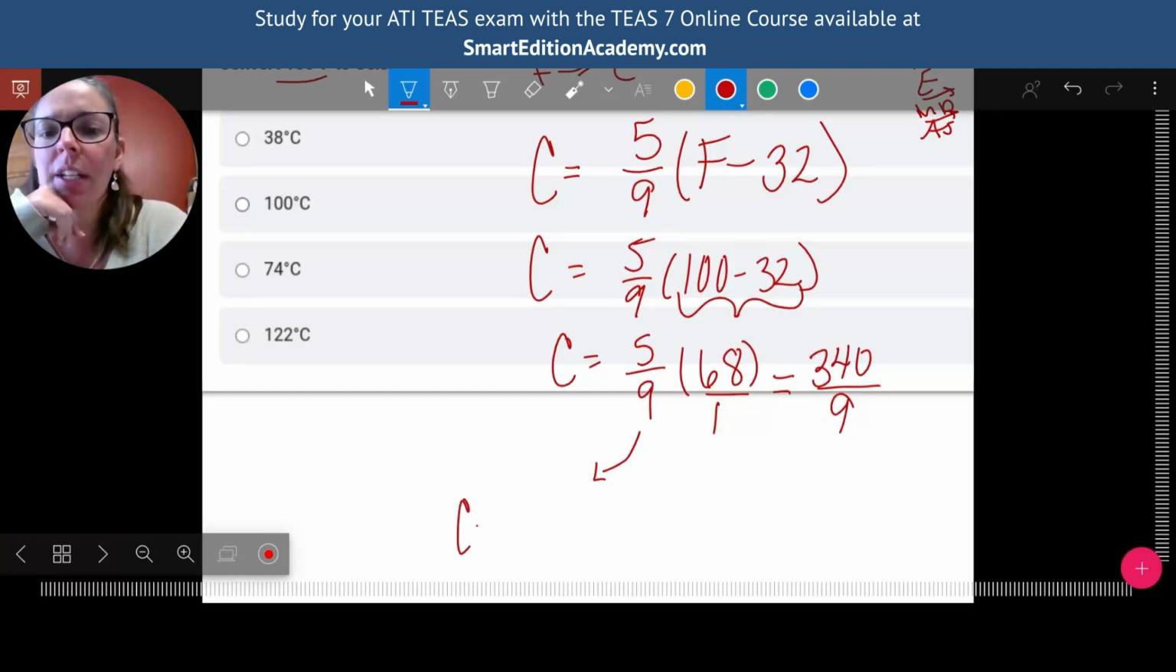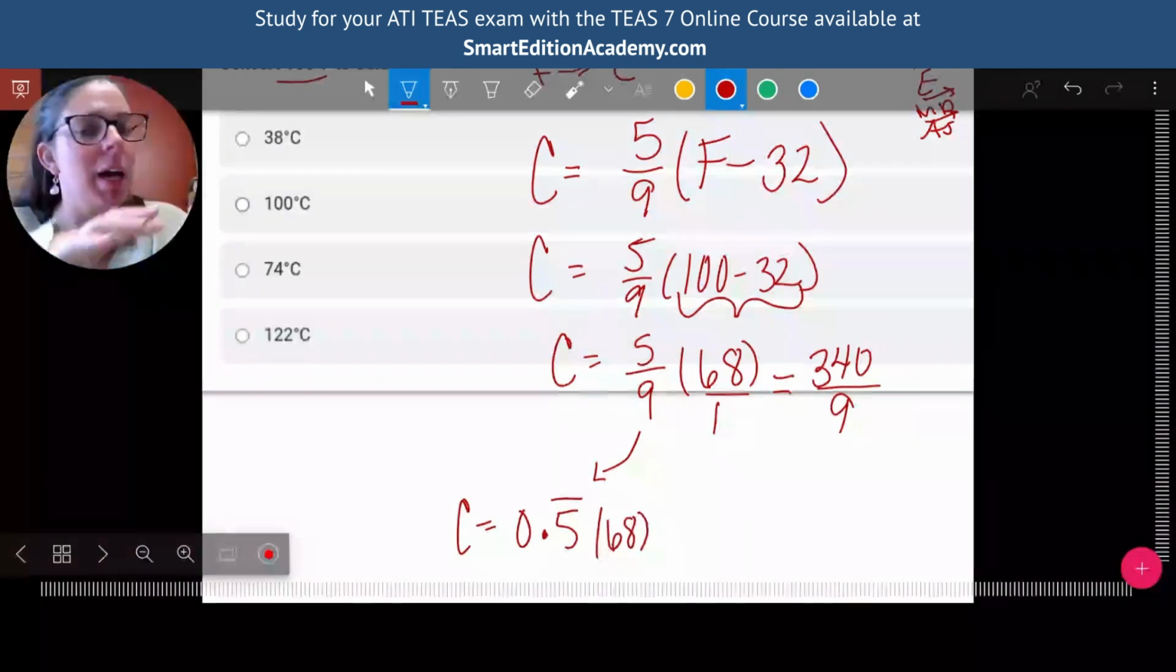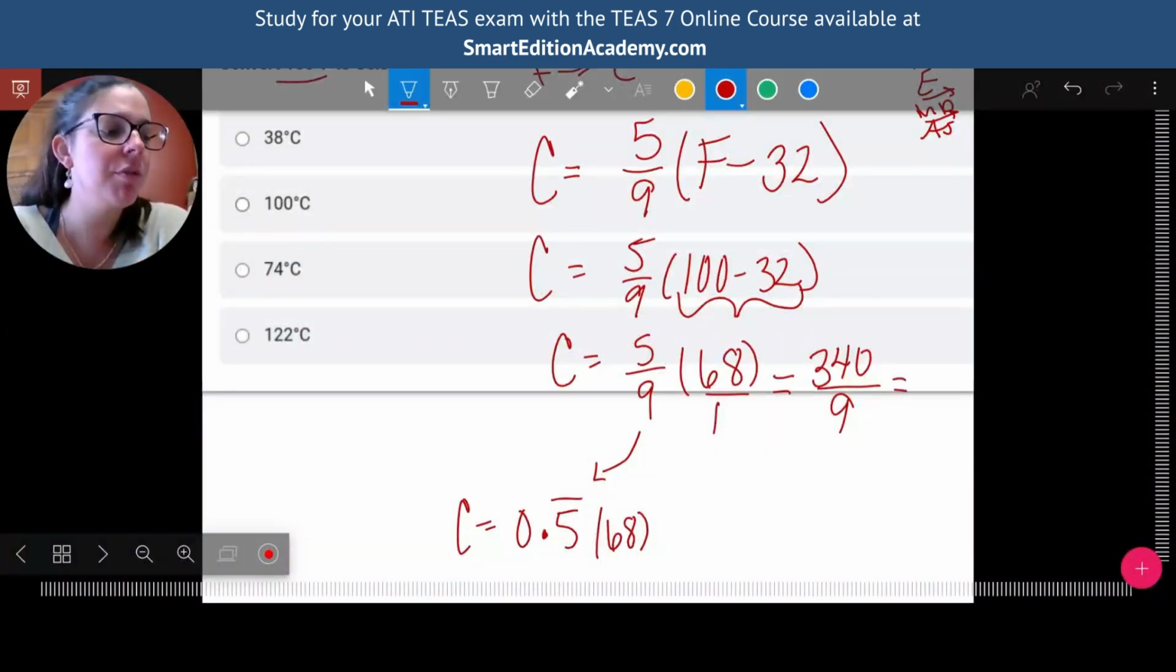It is a repeating decimal, so you have to be careful because you might just have a rounding thing. It's actually just 0.5 repeating. So you might want to round that to 0.6 or something like that, and then you could multiply this by 68. You could totally do that as well. But I'm going to just do the fraction because then all I have to do here is just 340